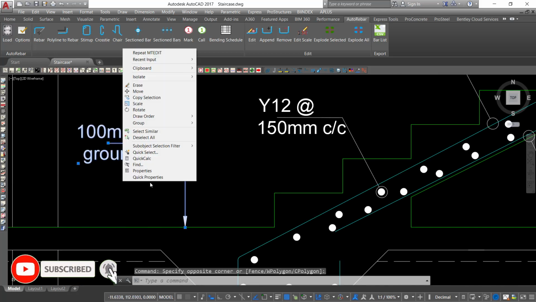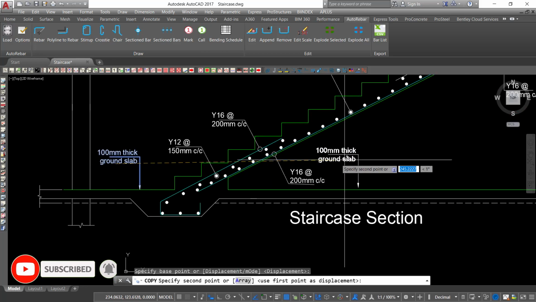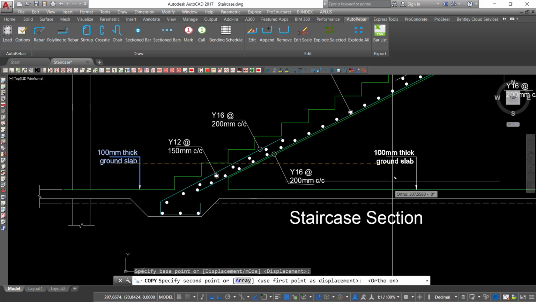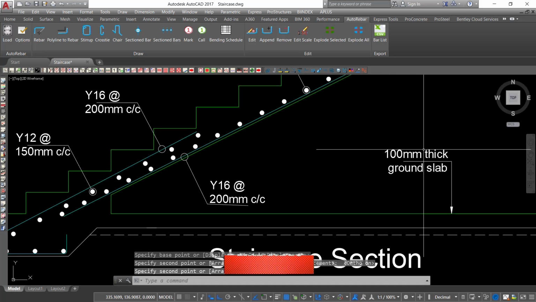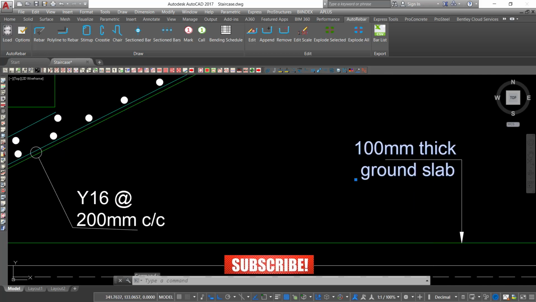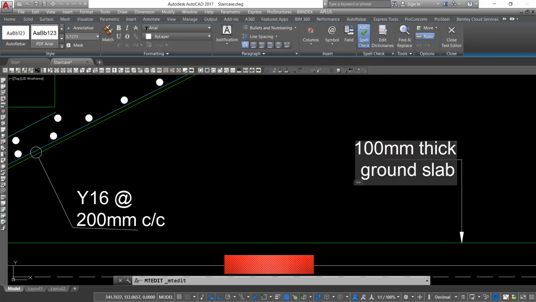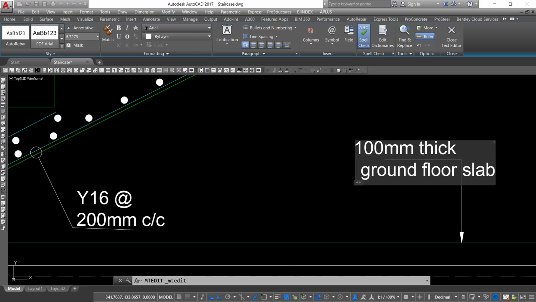So we can do, just pick this and drag it somewhere here and make sure we are in the same line and place it somewhere there. So this will be 100 millimeter thick ground floor slab, and here there are rebars here. Ground floor slab with Y6